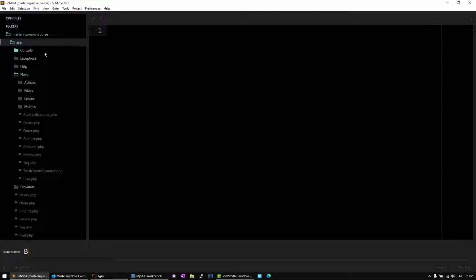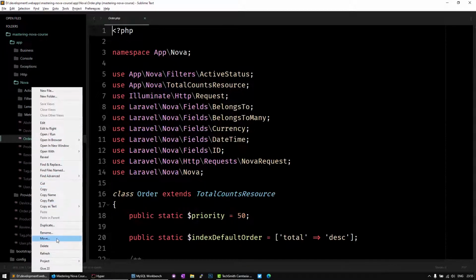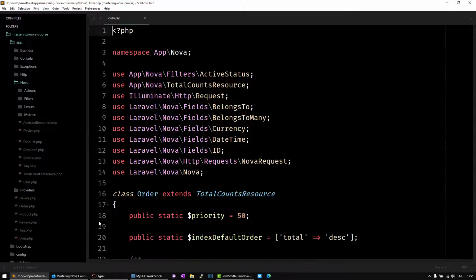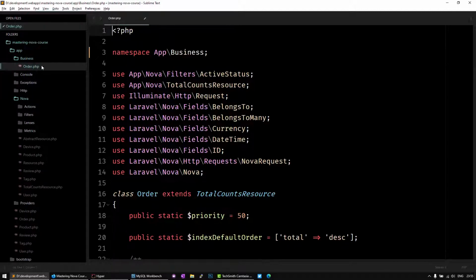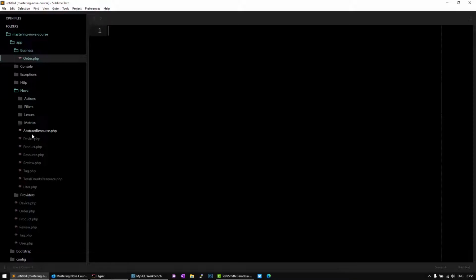I'm just going to create here a folder called business. Let's move this order to that business one. So not Nova, in this case business. And here I'm just going to give it a namespace. What happens is this orders disappears, because Nova is looking for all the resources inside the Nova folder. So to also tell it to look outside of the Nova folder,